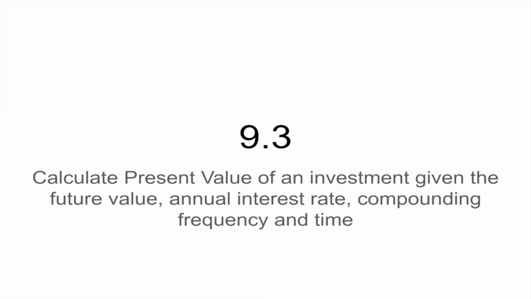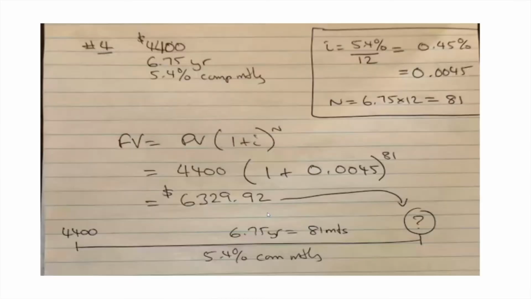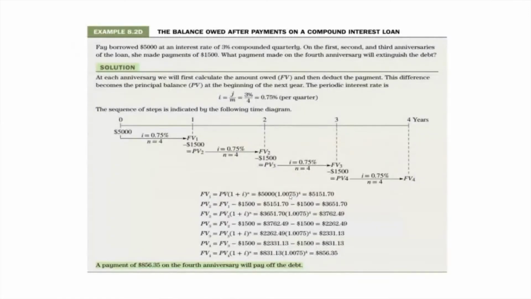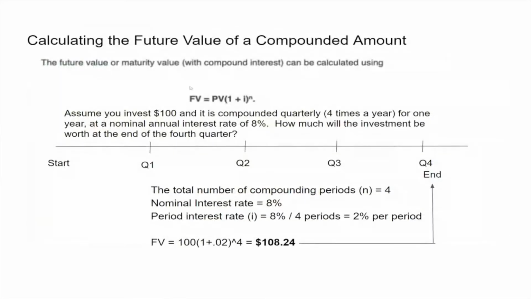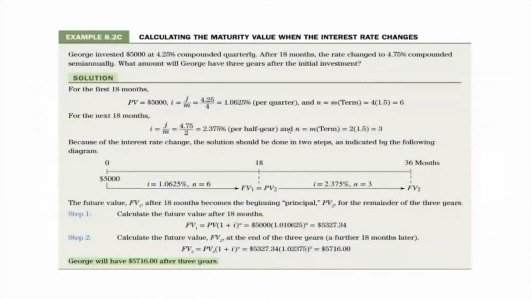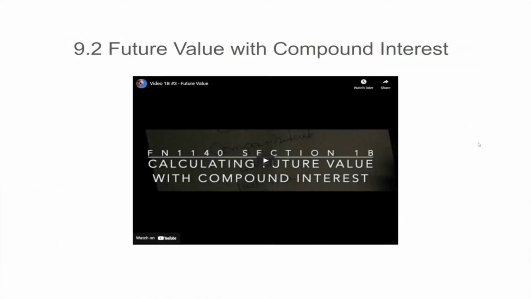Now, if you only learned this formula right here, let's say, for example, let's go back. I got to hop back here. If you only learned the future value formula and you said to me, well, I don't know what the present value formula is. Well, the present value formula is exactly the same formula, but rejigged to put PV on that side of the equal sign. So PV would equal FV divided by 1 plus i to the n. So as we go to look at 9.3,